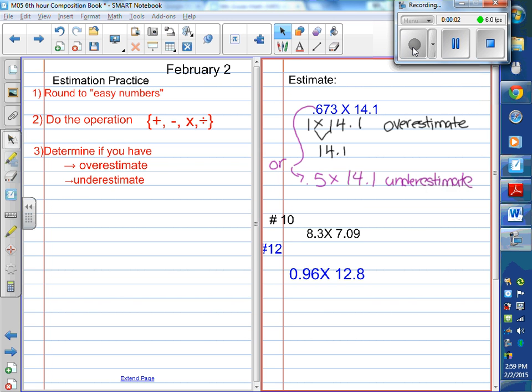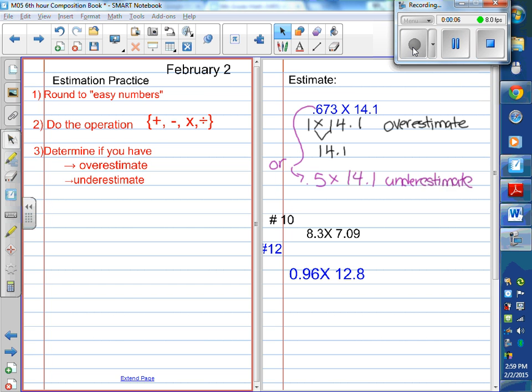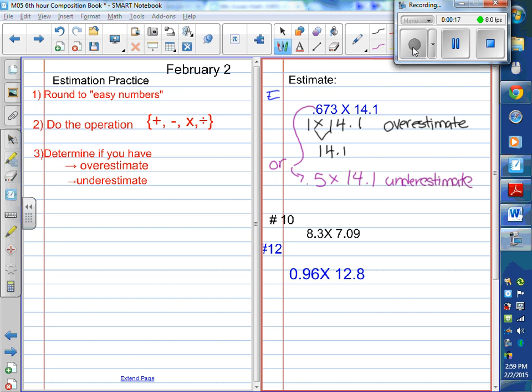Estimation steps here. A lot of you are already pretty good at rounding to easy numbers and doing the operation, and now we're going to look at overestimates and underestimates, and then take that to a harder problem today. So here's a basic, simple example where you told me, like Scout was saying, he could